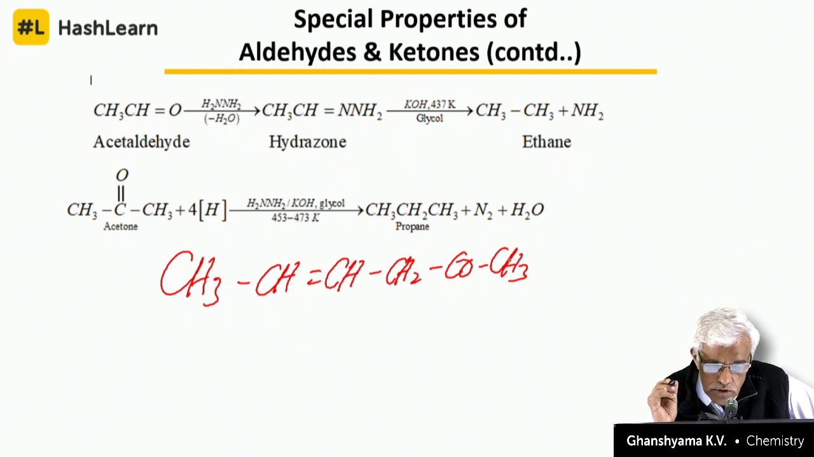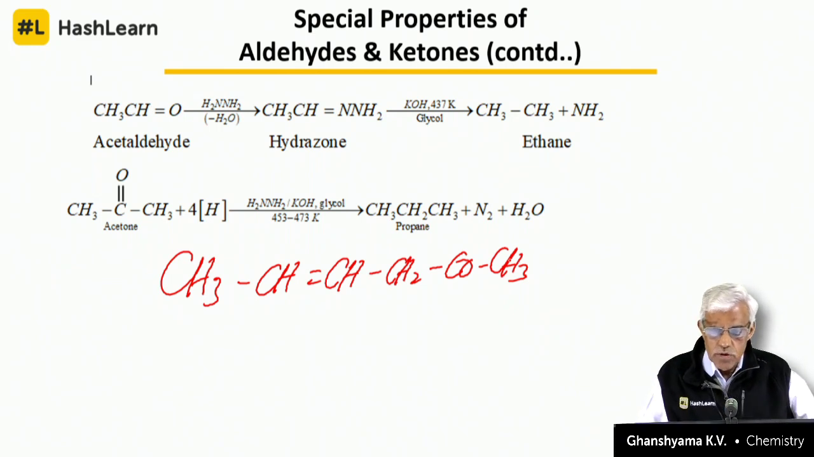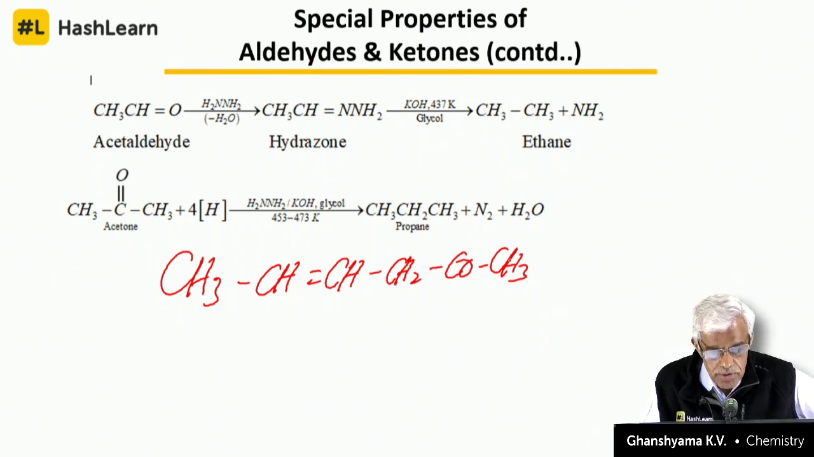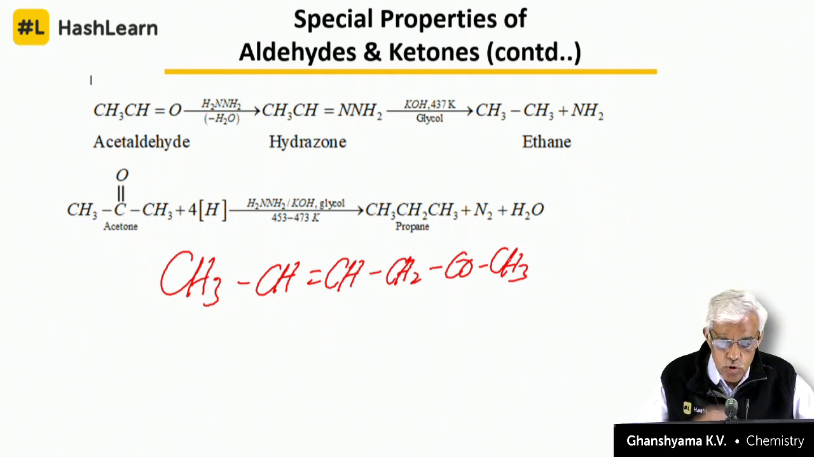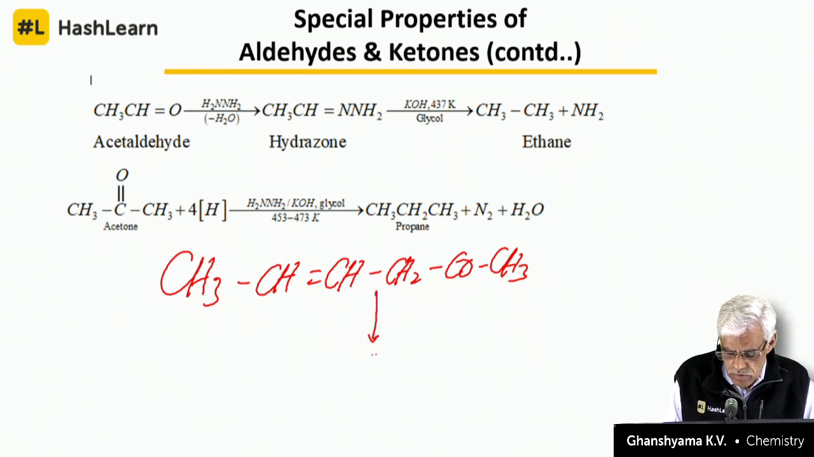Usually amalgams are used. See, amalgam is considered to be an alloy. They reduce the activity of the metal and give controlled release of hydrogen for reduction. Okay. If you do it by Clemmensen reduction,